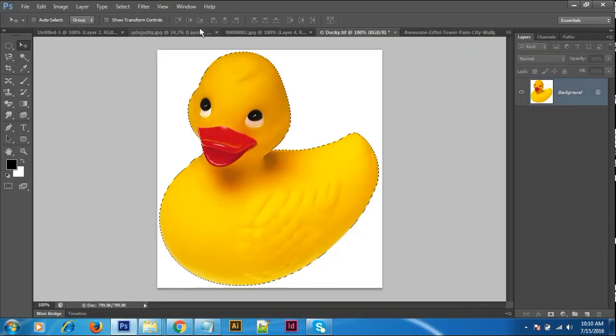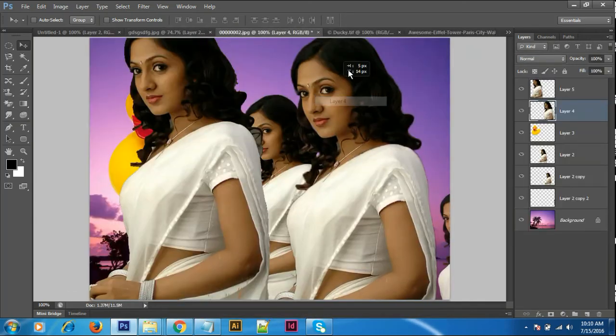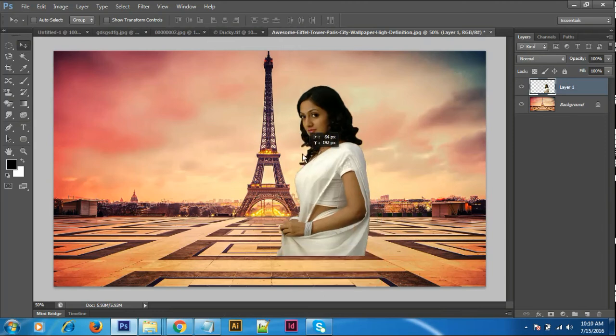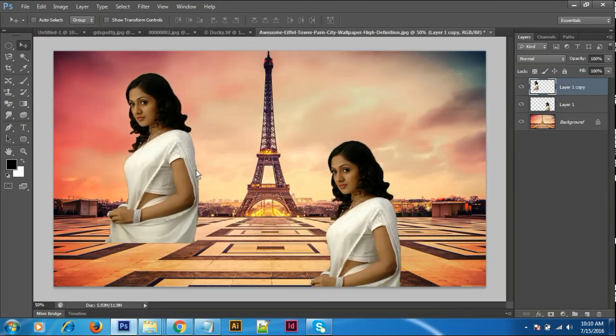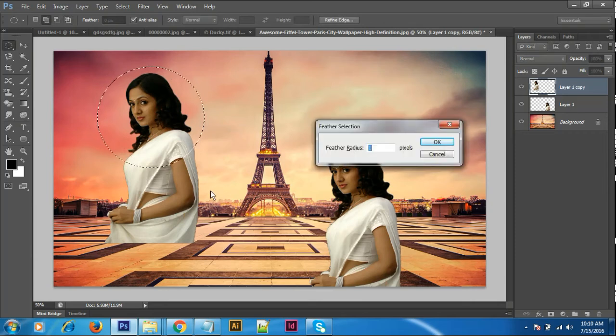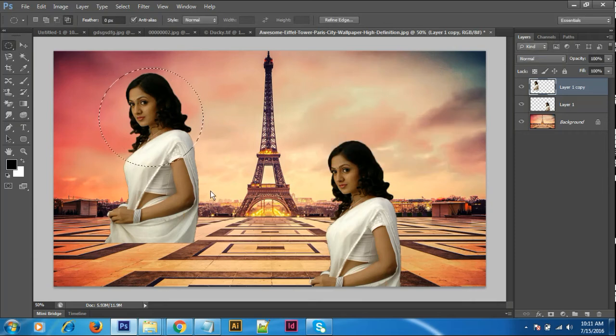Already you cut the image, and you can take an image directly. Selecting this one, Shift plus F6 feather. I'm just giving 50 feather. I'm taking a duplicate from the selection, Control plus J. Duplicating.